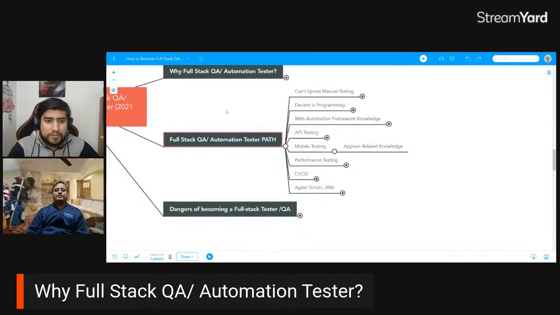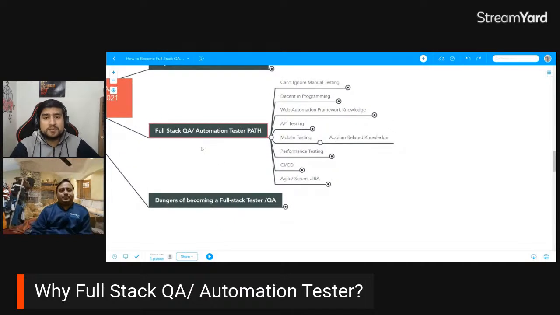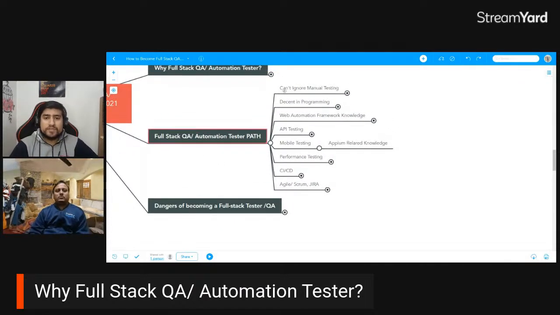Yes, yes. So I have prepared like a straight path, I think, for a full stack QA. Like, what are the things that are expected, right? For the first point, right? Of course. What do you think, Chandan? Apart from this, or anything that you would like to add, or you can explain, go one by one if you want to, right?